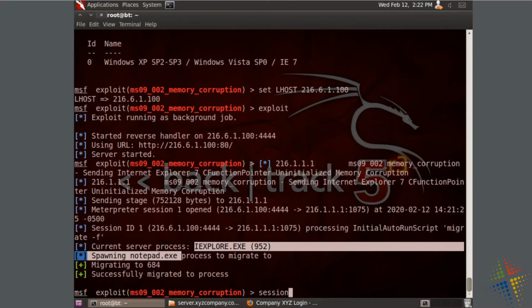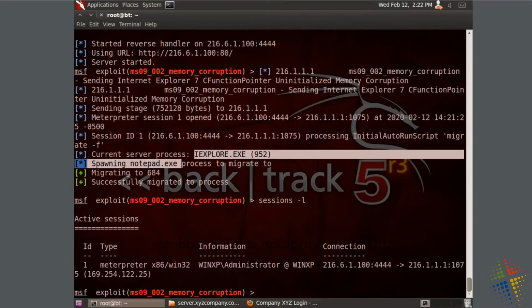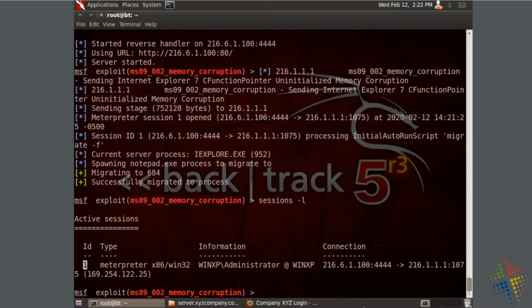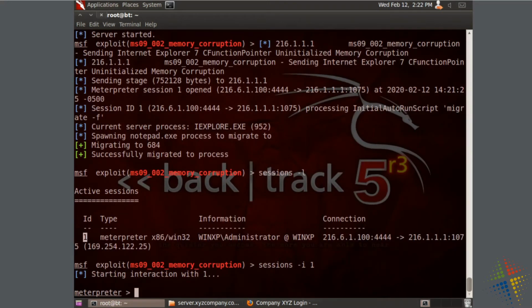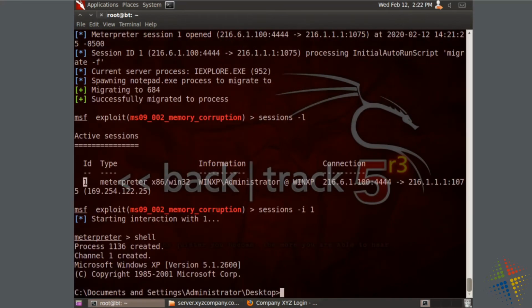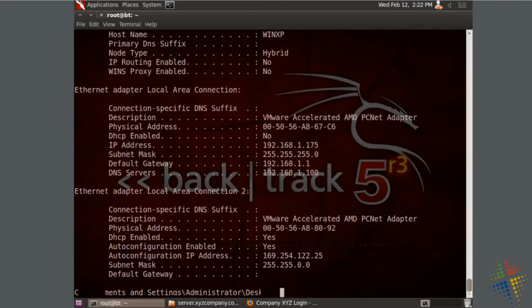If I run the command sessions -l, it lists out all the sessions that I'm attached to. It's currently just the one. So ID number 1, I'm going to sessions -i for interactive onto ID number 1. At this point, I'm on this machine. For instance, if I do the shell command, I can run off the C prompt and I can do an ipconfig /all. And I can see, yes, our Windows XP machine has an IP address